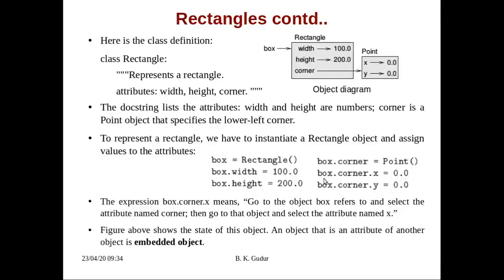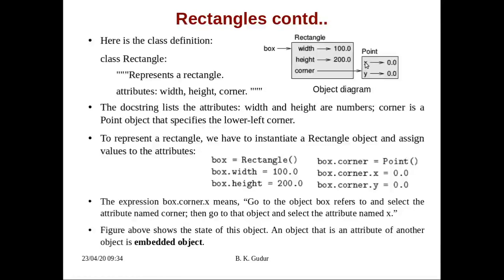One thing you should note here is that to access this x and y, we have used the dot operator twice. First box.corner, which accesses the corner, and from that, .x accesses the x attribute of the point. Similarly, this is box.corner.y.